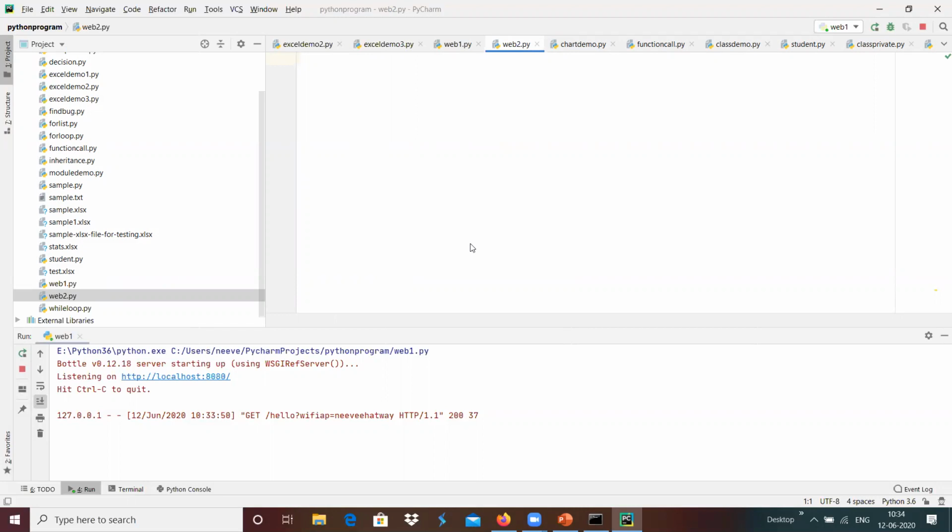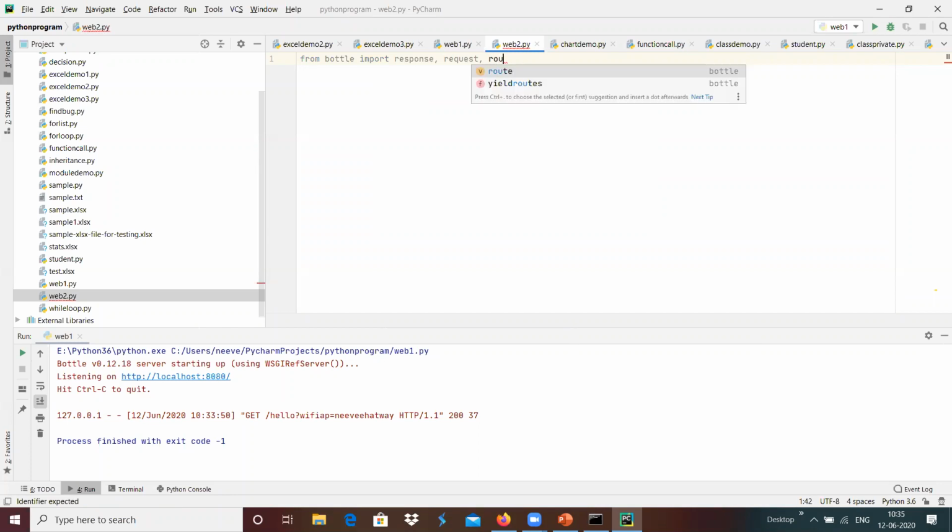I just created another application, web2.py, and I will stop this web server. From the bottle framework, I need to import, sorry, I typed wrongly, from bottle import response, request, route, run, template.